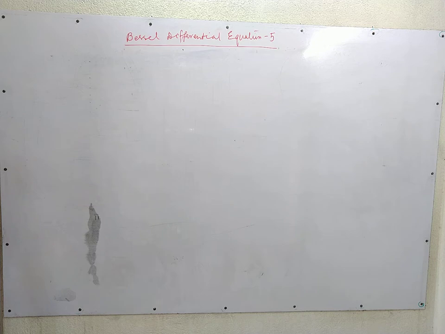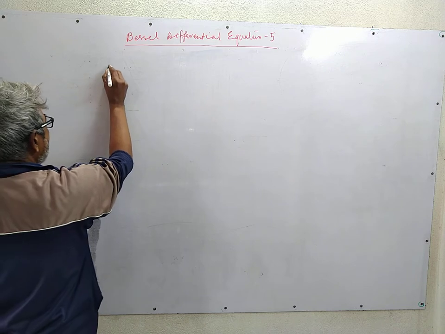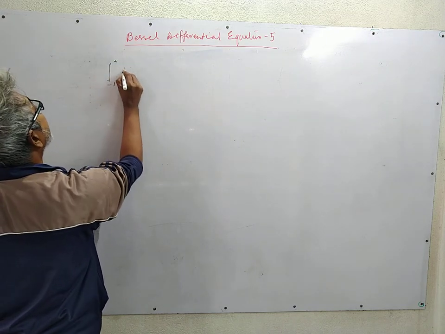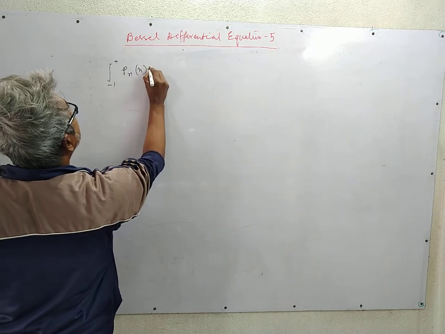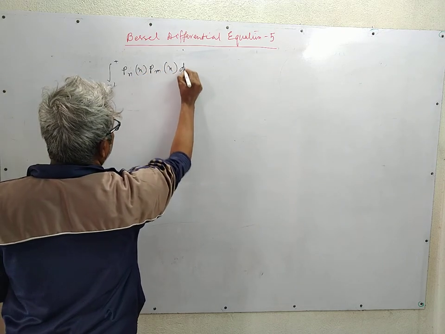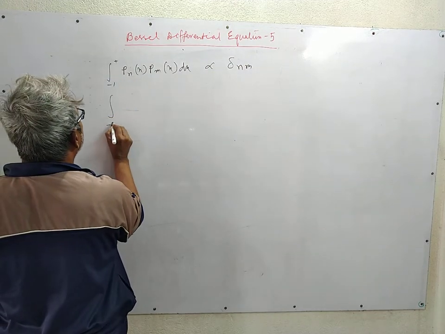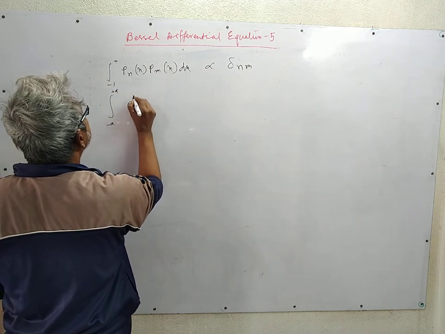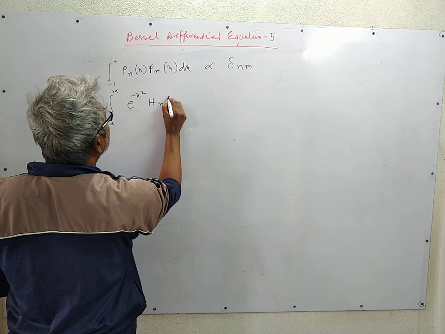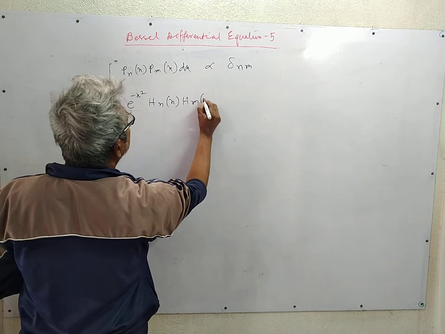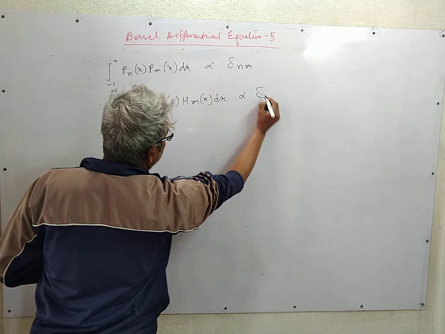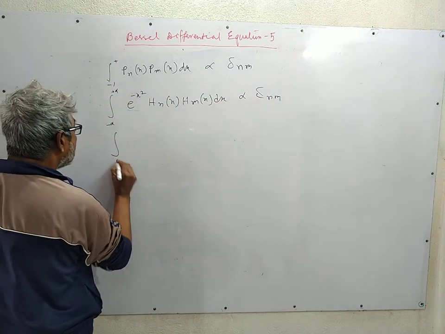Before going to the orthogonality relation of Bessel function, let me remind what we have done earlier in the case of Legendre, Hermite and Laguerre polynomial. In the case of Legendre polynomial, we found that the integral dx is delta nm. For Hermite, it is from minus infinity to plus infinity e to the power minus x squared. This is delta nm, and for Laguerre we found that